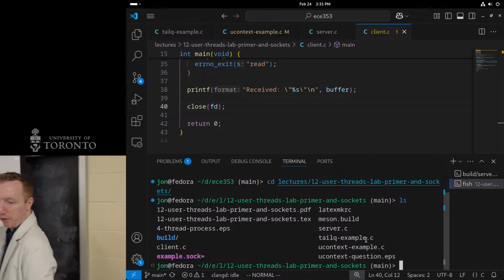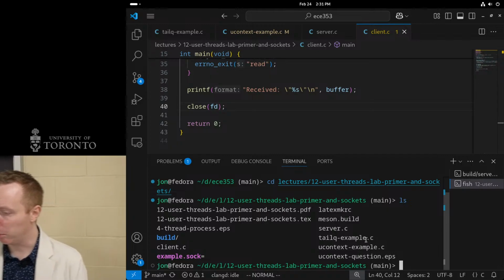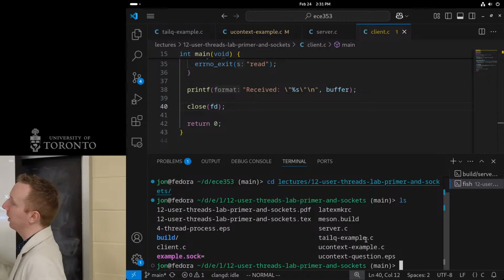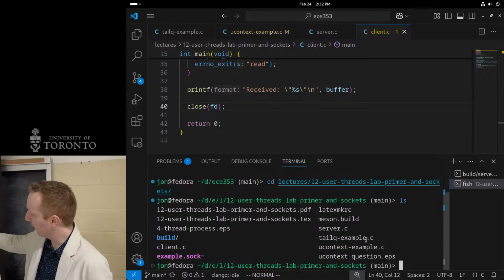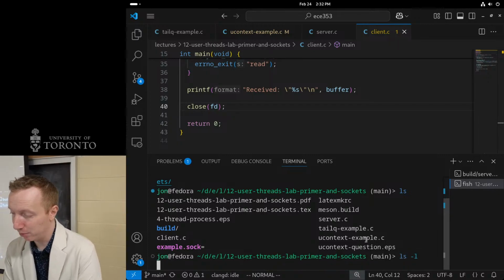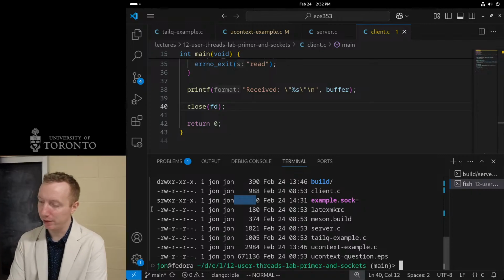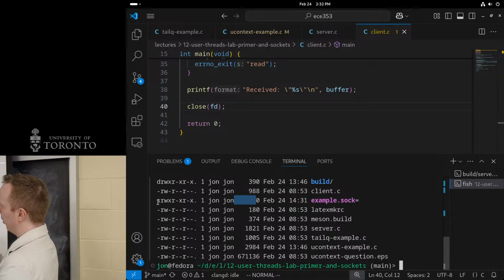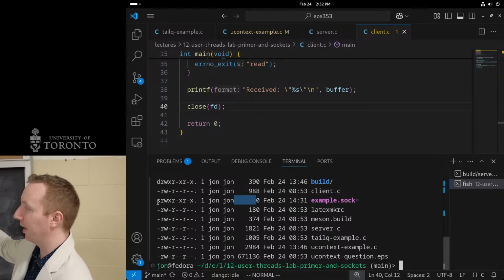I can see, hey, there's something that looks like a file there called example.sock. It's in that pretty magenta color. Look at that color naming. Aren't I fancy? So it's in that special color. It has a weird equal sign. If you look at it, you'll see that it doesn't represent an actual real file. It has size of 0, and it has the special S, which signifies it's a socket. So it's just kind of a placeholder that the kernel knows if you try and access that, it actually represents